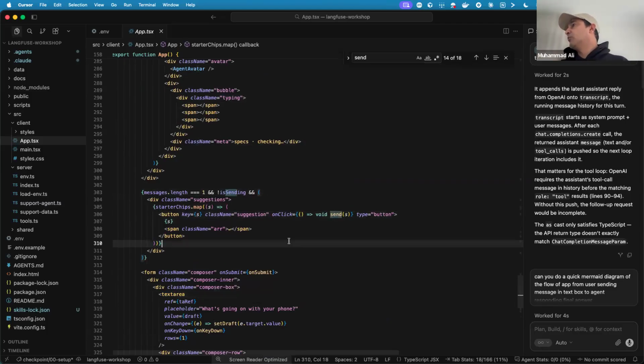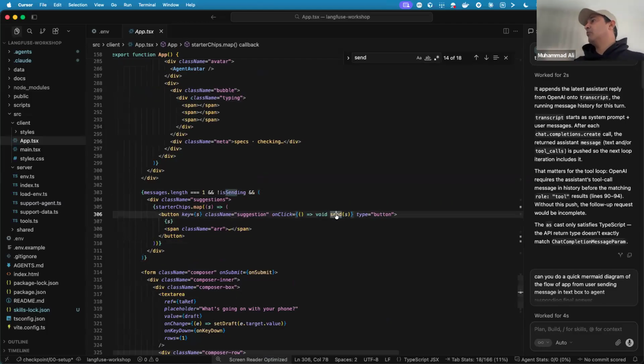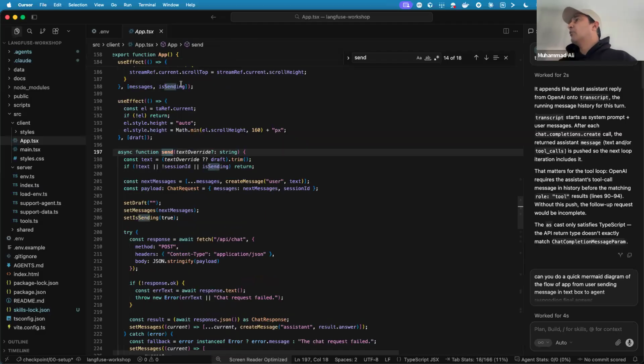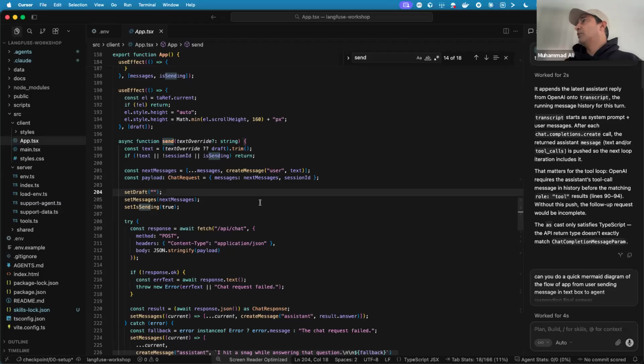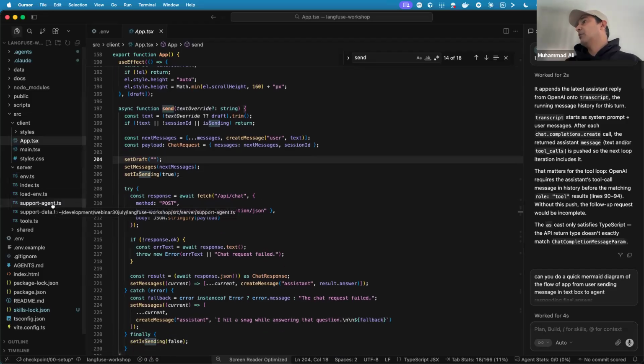There is a send message, which happens when you click the send button. When you do that, it goes into this method, which is send, which calls our agentic loop, which is in our support agent.ts file.